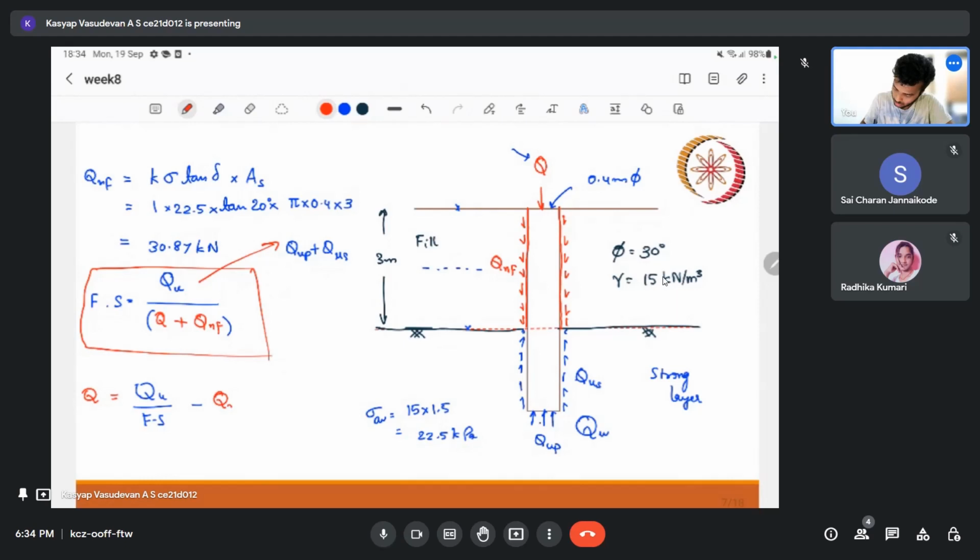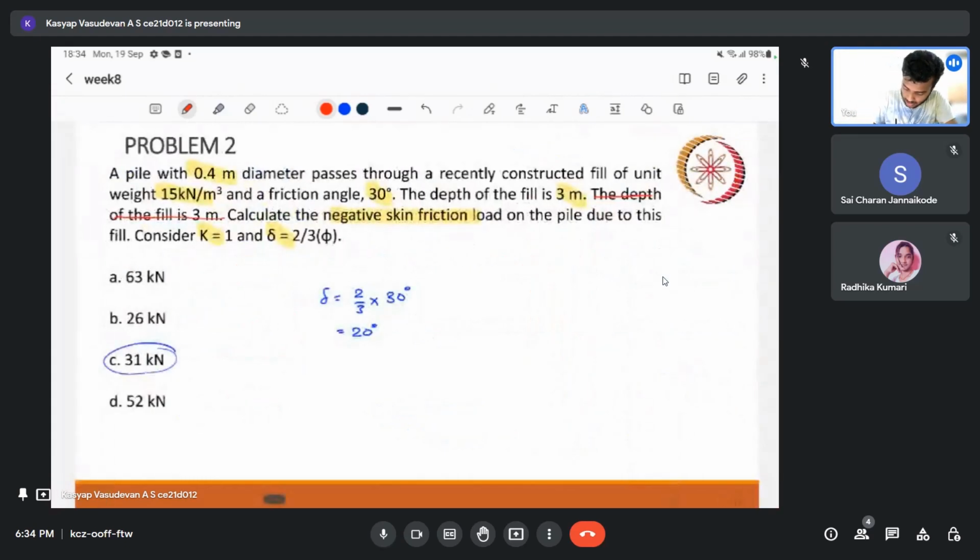Qnf. Both equations are nothing but the same, but in some questions we will be asked to find the capacity of the pile. Another important thing is this is in the top layer, so this is due to the fill. So what are the reasons? Generally the causes of this negative skin friction are fill, settlement due to recent fill, which is this case,